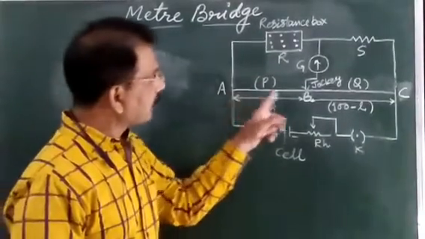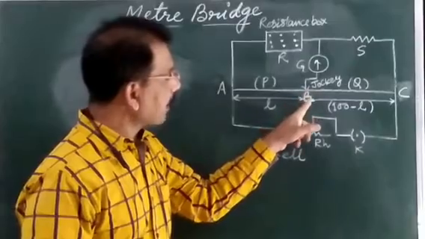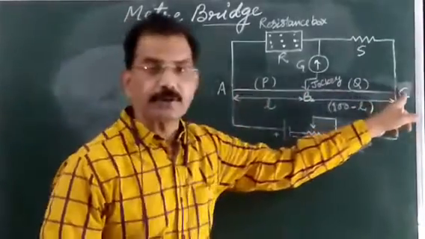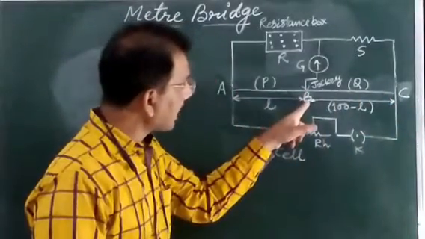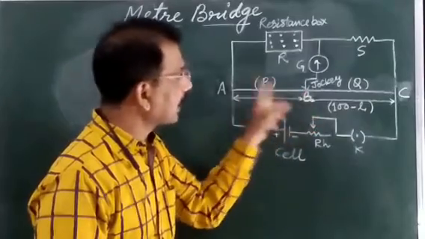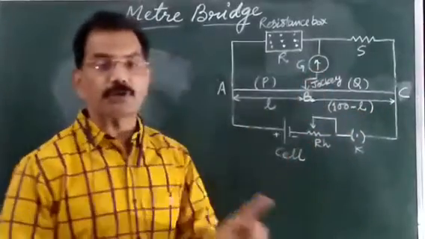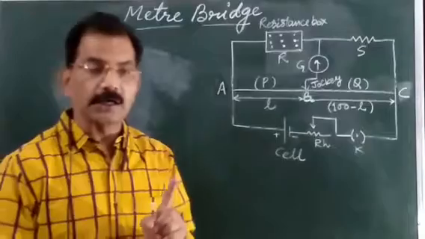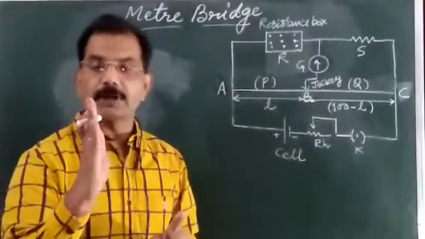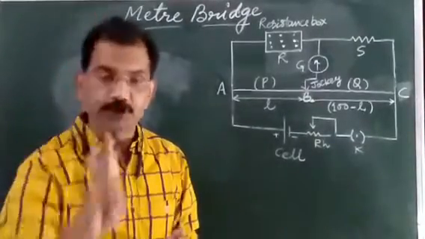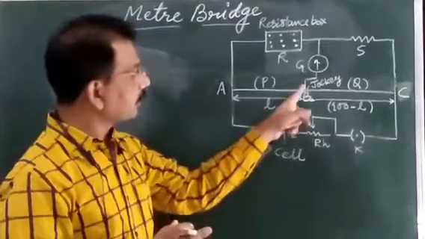Suppose when we touch the jockey at the point B on the wire AC, this galvanometer shows null deflection. Null deflection means the needle of the galvanometer lies at 0. And this is called